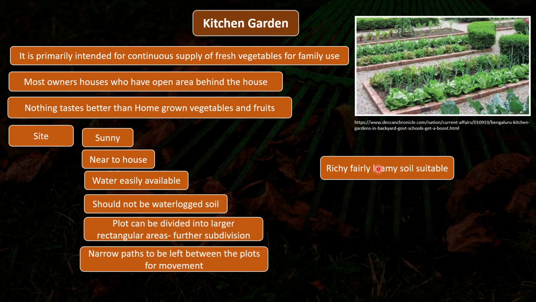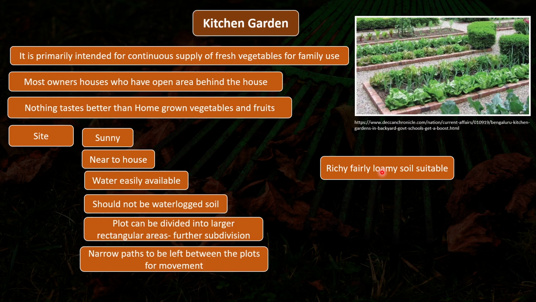So sand is the one that has good drainage, clay is the one that does not have good drainage, and silt is something between sand and clay, right? So you can always use a loamy soil for vegetables. So loamy soil is the one that is a combination of sand, silt and clay. So it is always good that you have a good mixture of all the types of soil for your vegetables. So you need to have equal amounts of sand, silt and clay. That will give a good drainage to your vegetables.